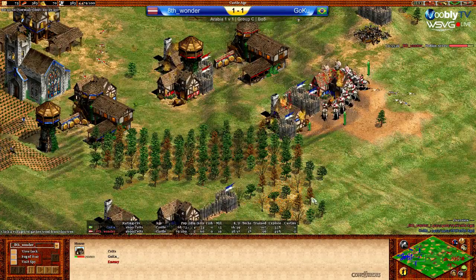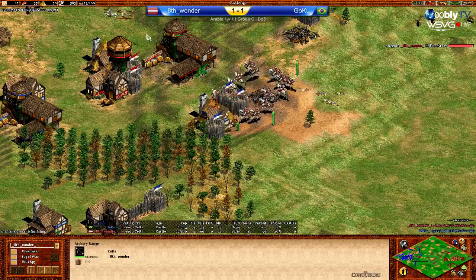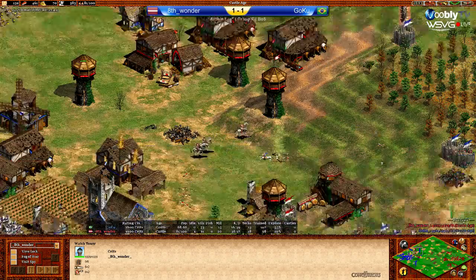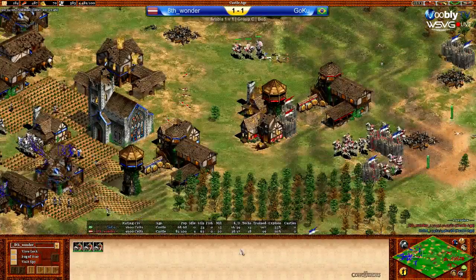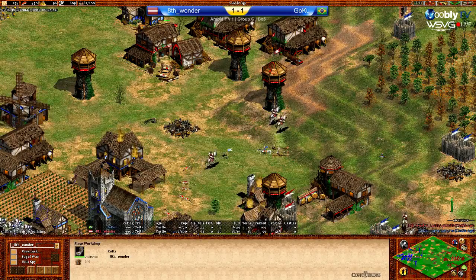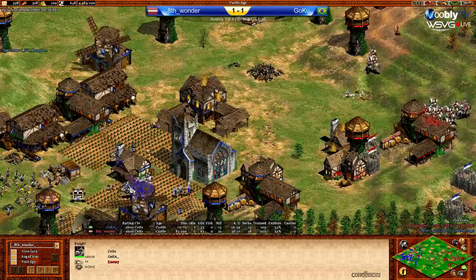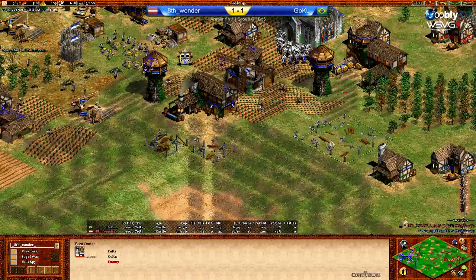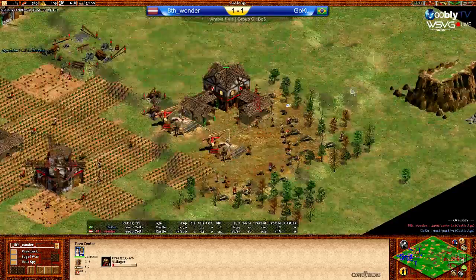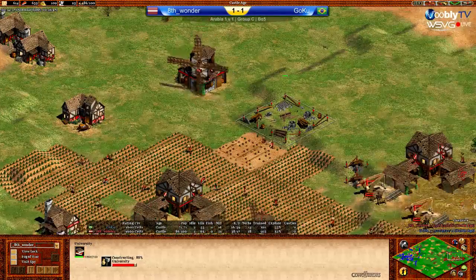Wonder continuing to take down some houses, getting Bodkin Arrow now? Why is that just for the towers? I suppose it's just for the towers. Getting Bodkin Arrow for his towers. And it looks like he's no longer investing into any more siege at the front. Happy to just delay Goku as much as possible. And it looks like Goku is now dropping his third town center. And Wonder's just going to boom it up, getting the university and getting ready to go maybe...